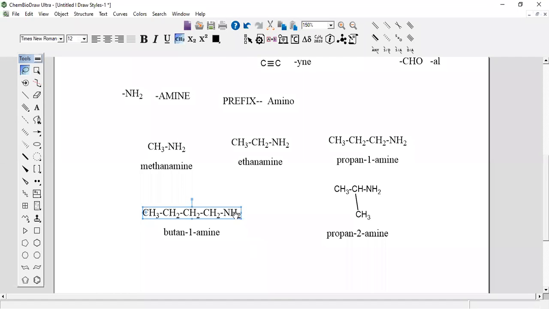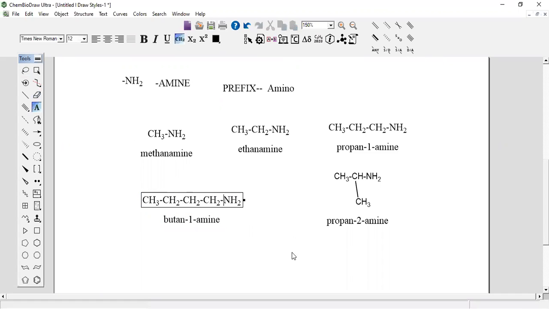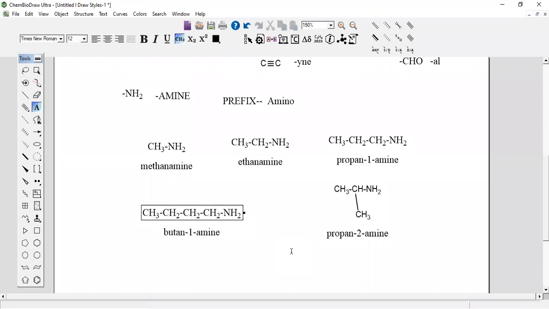Now you understood. Suppose this NH2 group is here. What do you name? Butane, remove the E, 2-amine. Okay, butane 2-amine. Very good. If it is 1, butane 1-amine. If it is 2, it is going to be butane 2-amine. Now I think you understood how to name